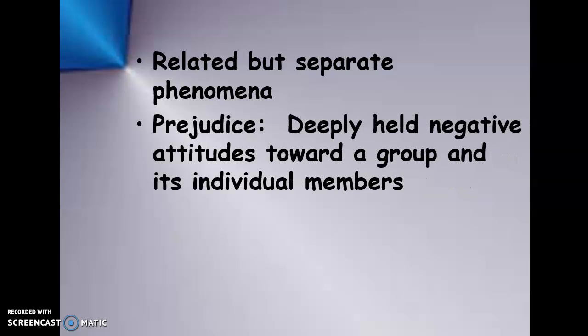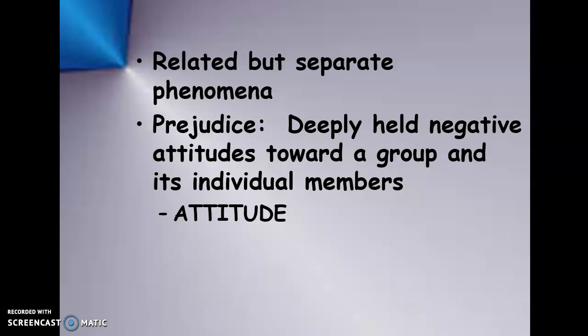So prejudice is a deeply held negative attitude toward a group and its individual members. It inclines you against people in other groups. It's directed against all members of that group and is a biased opinion. The thing with prejudice is that it is an attitude. There is no way that we can look at someone and know whether or not they are prejudiced because there is no way that we can look at someone and know what exactly it is that they are thinking or